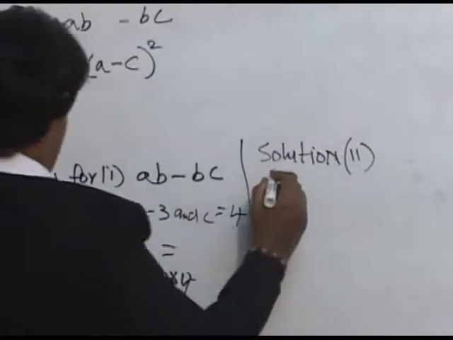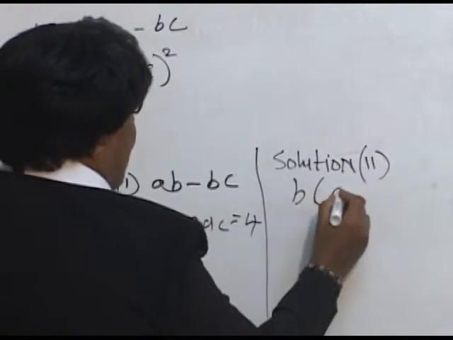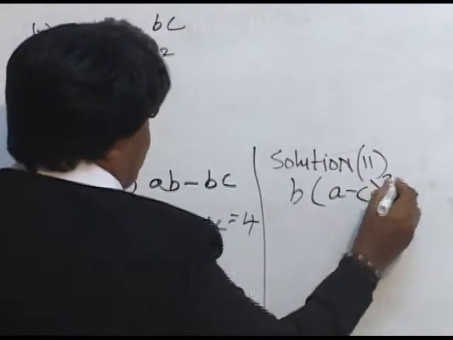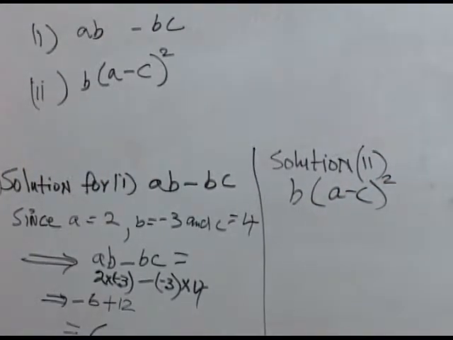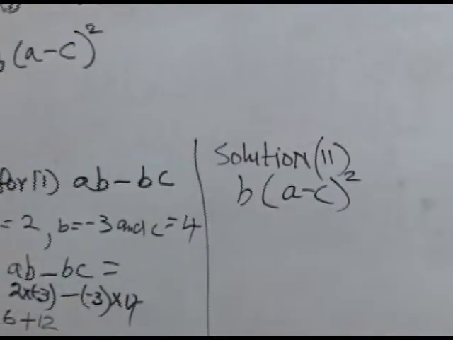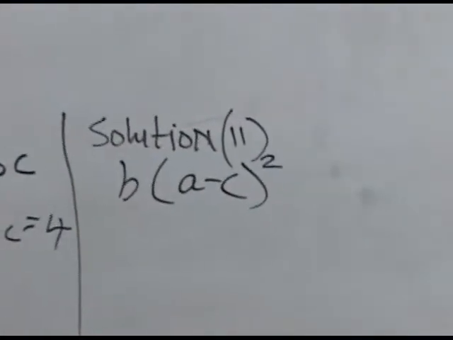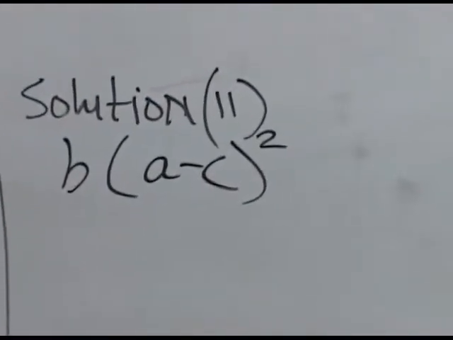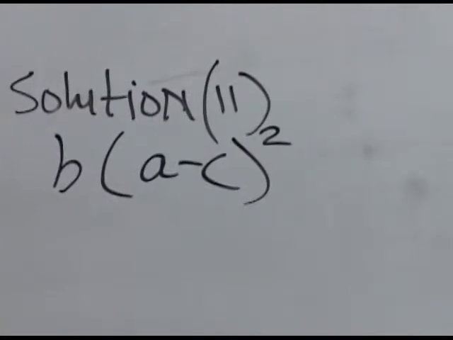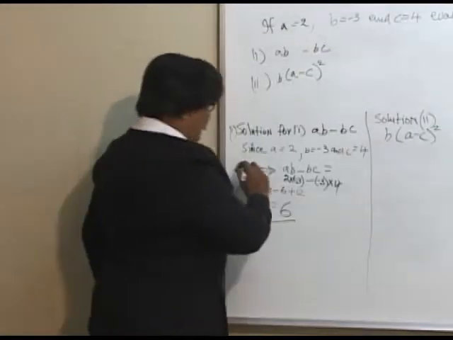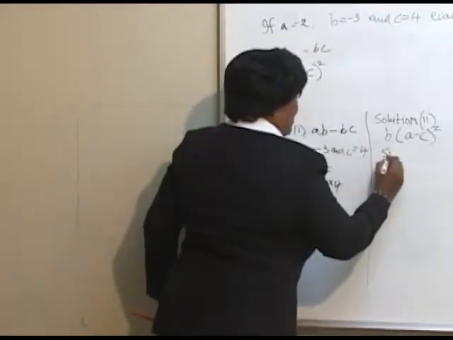where we have b, open bracket, a minus c, and it's all squared. Now, this time, again, we will be stating, because do not forget that CXC cannot see you. They cannot see how intelligent you look. They don't know who you are. The only thing they can take from is how you speak to them on your paper. So, again, we are stating, since